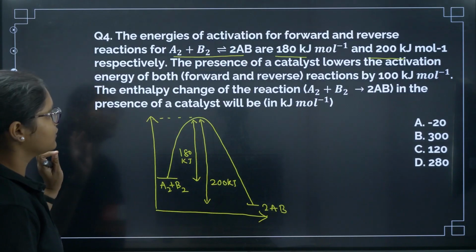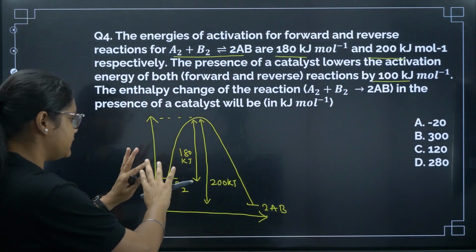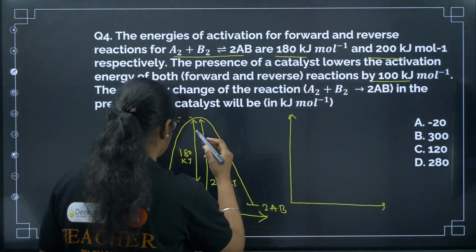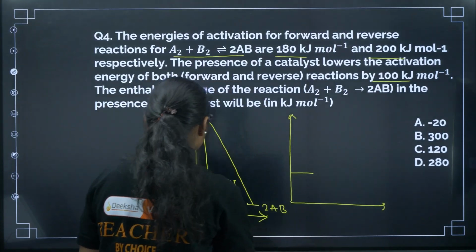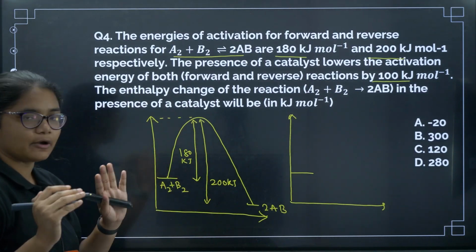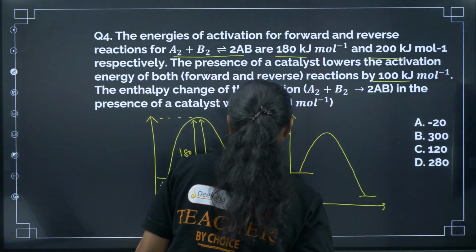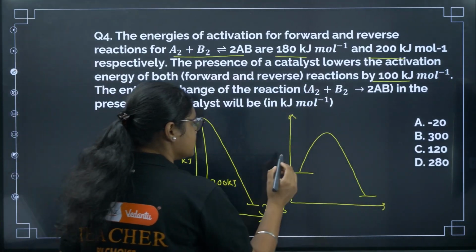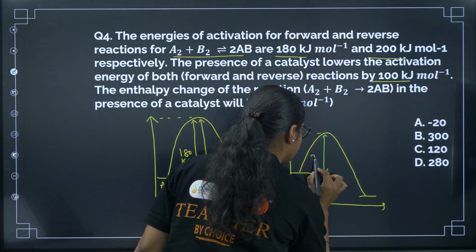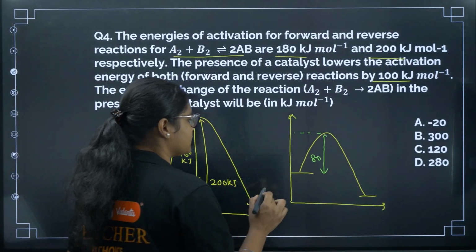Now the question is asked, if the presence of catalyst, the activation energy of both the reactions reduces by 100 kilojoule, right? So the activation energy is decreased. So we will draw another graph here, okay, the same one, but the activation energy will decrease here. So suppose it was earlier 180, now it is decreased by 100, means now it is 80. So we will draw a reaction like this. So I'll use a different pen here. So this activation energy, this value, okay, is 80, and the another one which was 200, now this one will become 100,